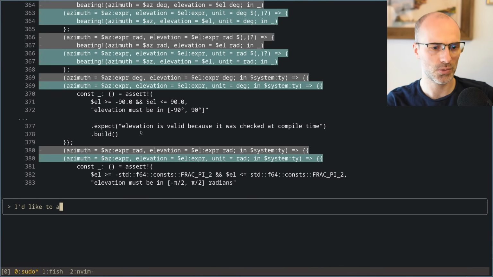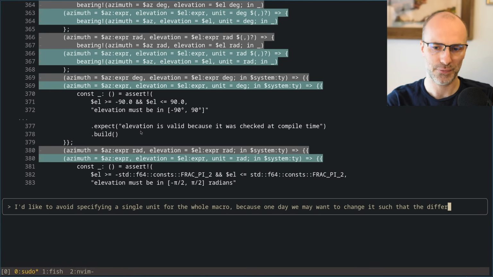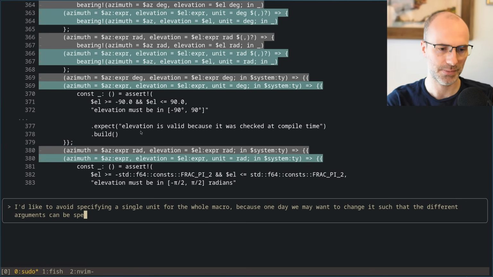I'd like to avoid specifying a single unit for the whole macro because one day we may want to change it such that the different arguments can be specified with different units.